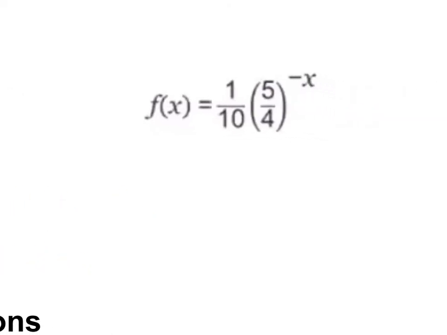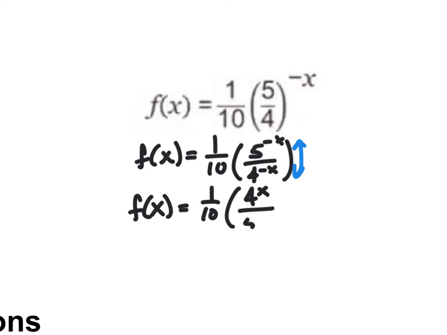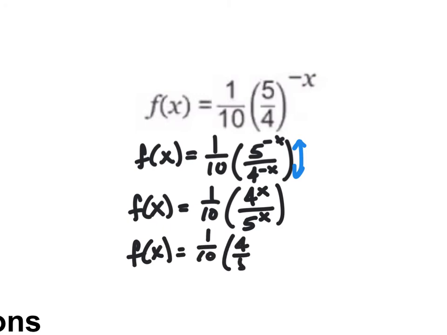Okay, the next one, this is going to be a decay. Just watch. All right, so same thing. f of x is going to equal 1/10 times 5 to the negative x power over 4 to the negative x power, all right? Because these are negative exponents, I'm going to switch them, bring them from my numerator to denominator and vice versa. So this is going to give me 4 to the x power divided by 5 to the x power, all right? And so then I get 1/10 times (4/5), and this whole thing is